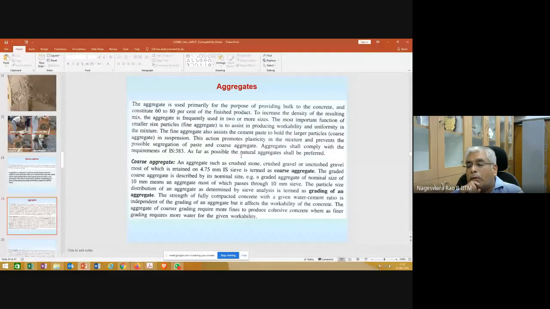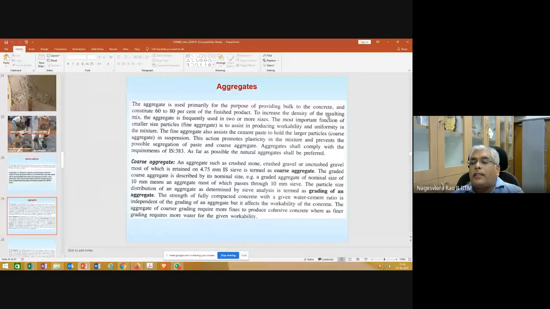So now let's come to aggregates. Aggregates are of two types: coarse aggregate and fine aggregate. How do we differentiate? Let's read this. What is the purpose of aggregate? Aggregate is used primarily for the purpose of providing bulk to the concrete and constitutes 60 to 80% of the finished product.